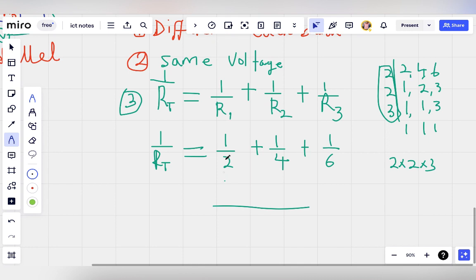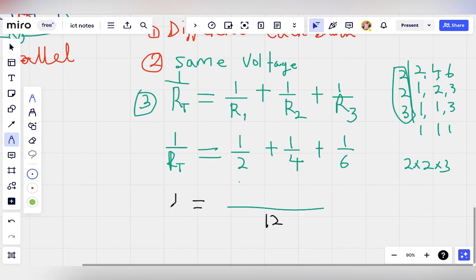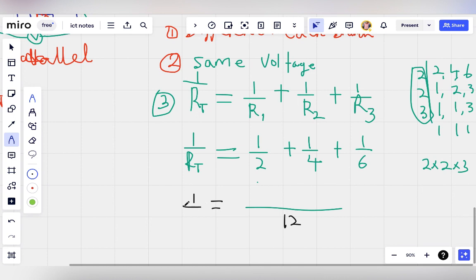Either I multiply through by 12 or I write it down 12. Remember, we say 1 all over R total, 1 over R total for parallel. 1 all over R_t. Okay, the t is a subscript, it is small. So you will now say 12 divided by 2, you get 6, right? 12, this LCM, divided by this denominator, you get 6. 6 times 1, you multiply by the numerator. 6 times 1, you get 6. You write it down. Plus